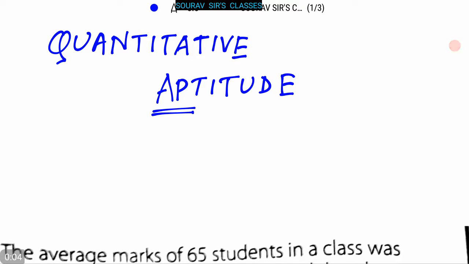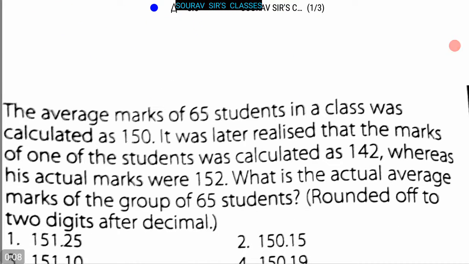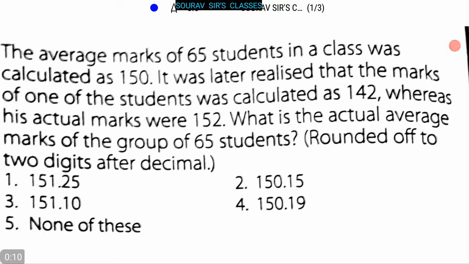Today our topic is quantitative aptitude, and here some questions are given. We have to solve these questions. So now let's start. Our first question is the average mark